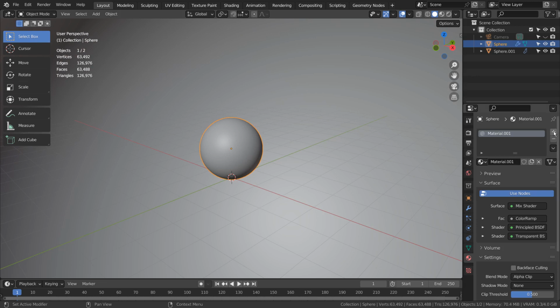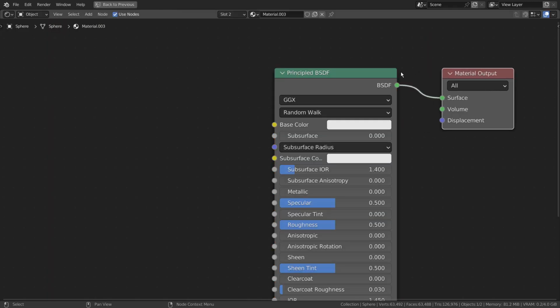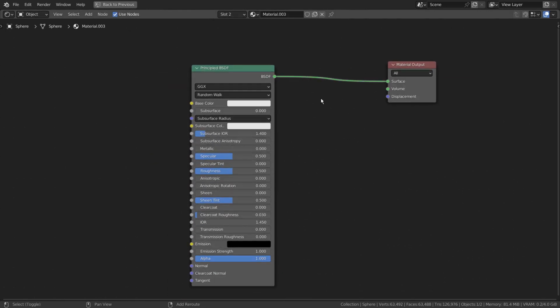I'll create a new material, and show you from the beginning. I'll mix this BSDF node with a transparent node.